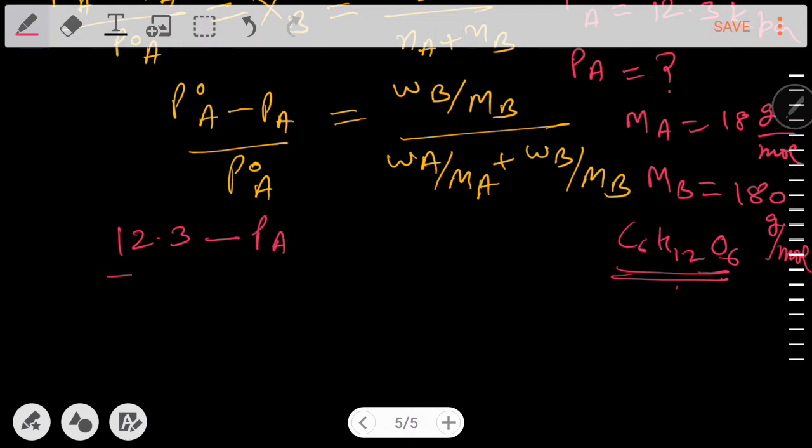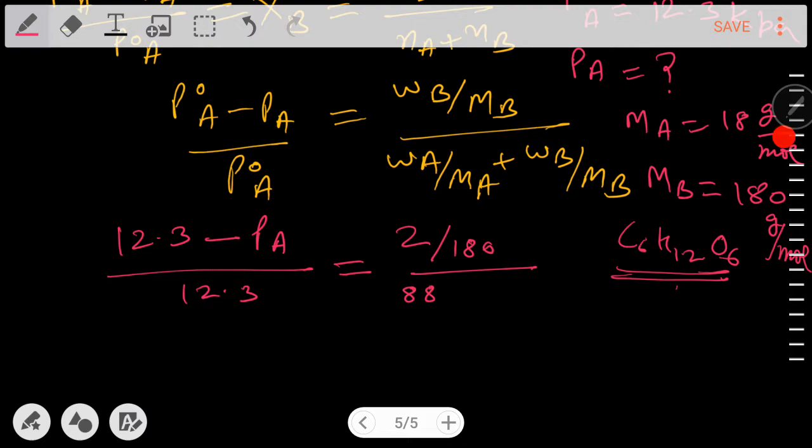PA we have to calculate. So (12.3 minus PA) upon 12.3, where 12.3 is the P naught A value, equals WB is here 2, MB here is 180, WA is here 88, MA is here 18, WB again 2, MB is again 180. When you will solve it, you will get the value of PA, and that is